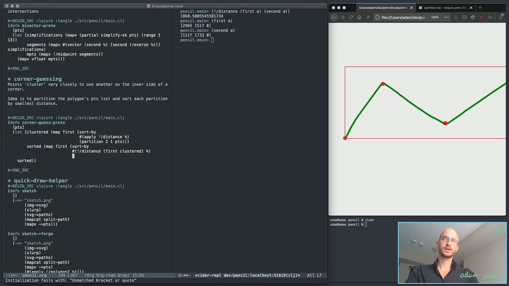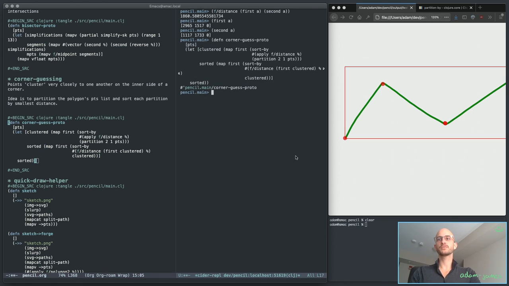And then I'm just going to sort clustered. I don't know that this will work. I mean, it'll return a bunch of points, but